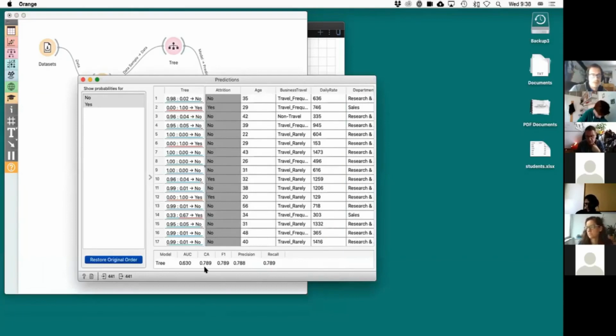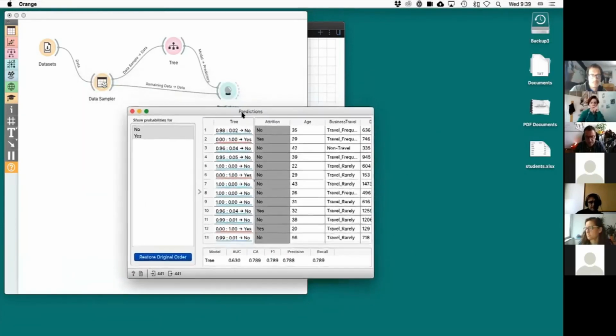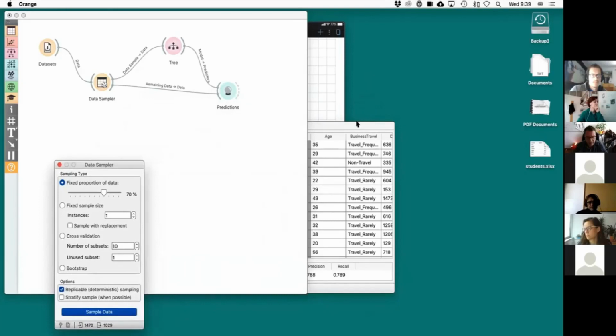Let's look at the predictions now. The classification accuracy dropped quite substantially. Before, when I tested on the complete data, it was 90%, or was it 95? So basically, I should never report the accuracy on the training data, because that one is going to be higher. I shouldn't say that is the true accuracy. My estimated accuracy is actually 78%, although maybe that depends on the sample.